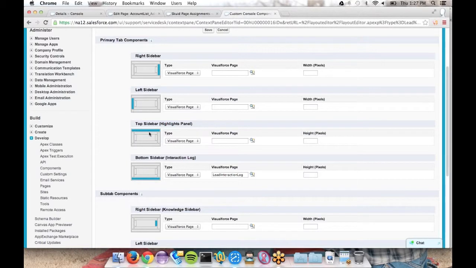And then also you might want to put some content in the left or top sidebar. That's up to you, but I just want to make sure you're aware that that's an alternative if you're not really quite ready to make the jump to completely overriding the view with Squid.